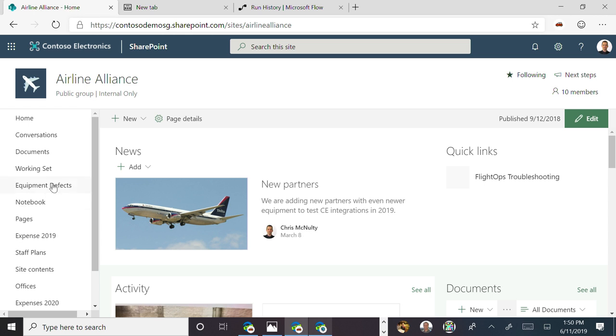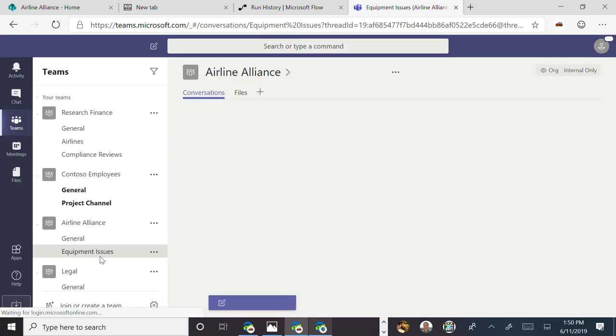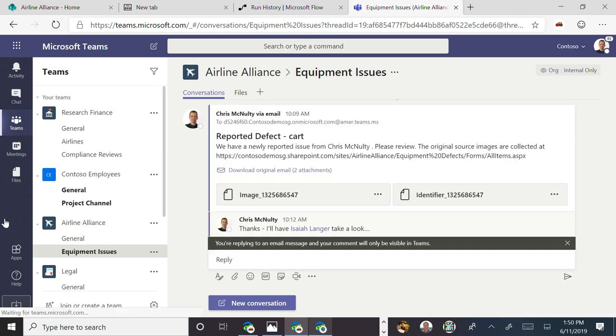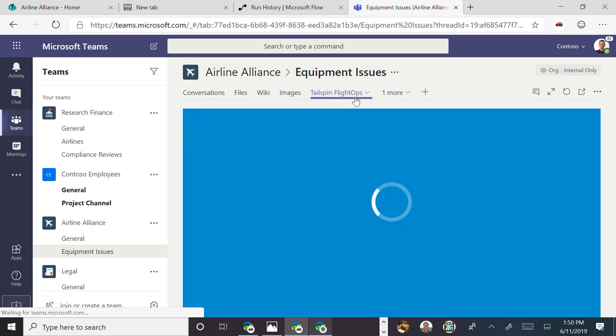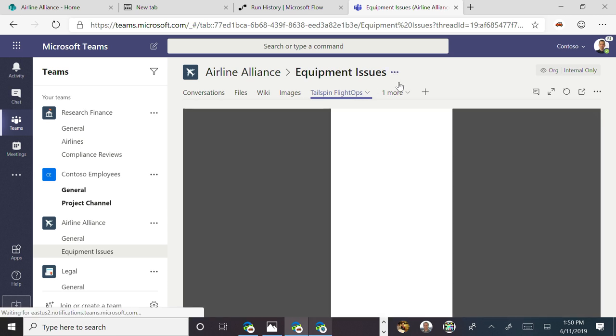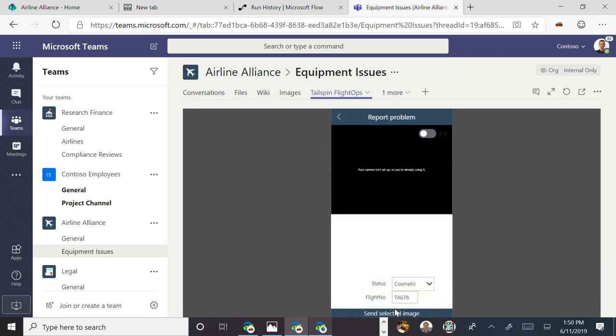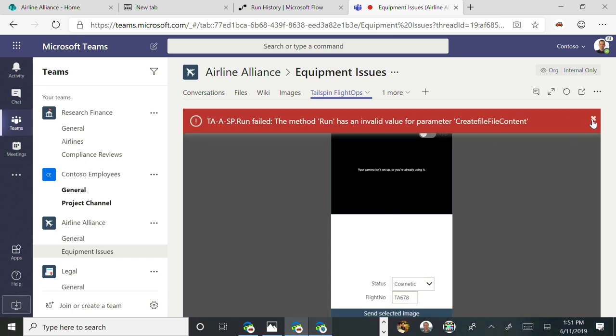So in the interest of time, the example we walked through this morning, we use a Power App. Let me show you the Power App, at least delivered through Teams. So we have this Power App. I've used the Power App's tab control to be able to add this problem tracker where you can take a picture and send it in. I'm not grabbing a picture right now because I didn't actually have a picture inside of it. But this Power App will save a document into this library.